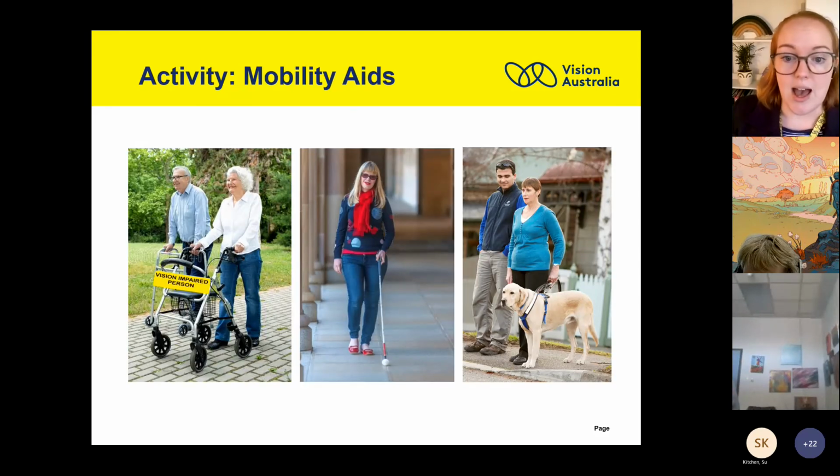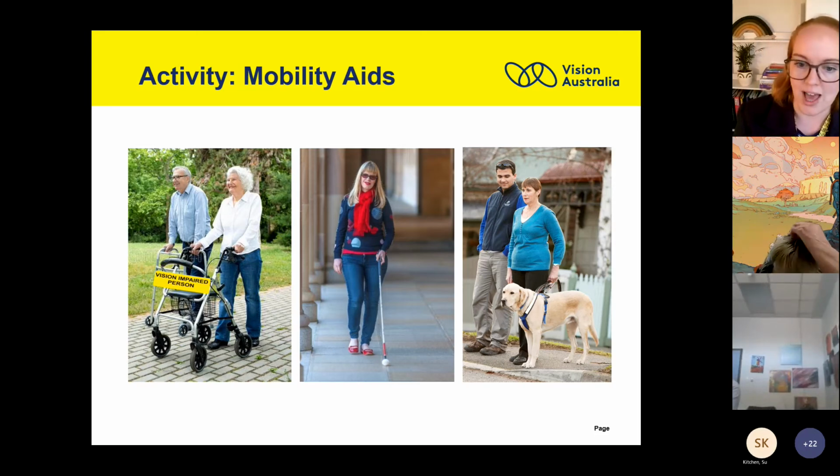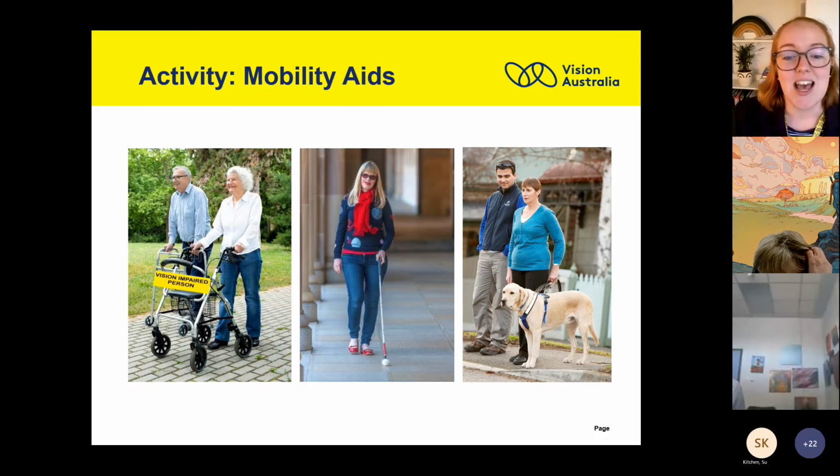Another activity strategy is to use mobility aids. So for people with low vision, mobility aids include the usual suspects, four-wheeled walkers and support canes for those who have decreased balance. But then there are extra ones like a long cane or a seeing eye dog. For these, mobility aids require lots of training to be able to use and specialist prescription. So strategies that you can act on is to remind the person to use their mobility aid and to refer them for specialist assessment and training